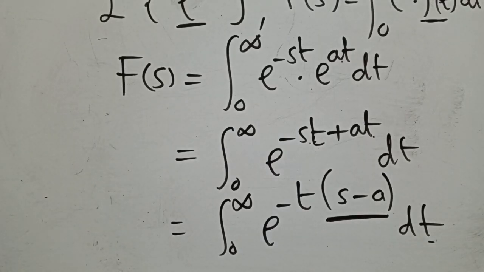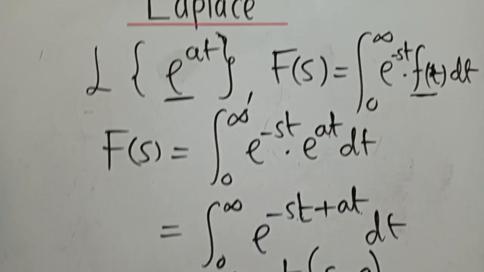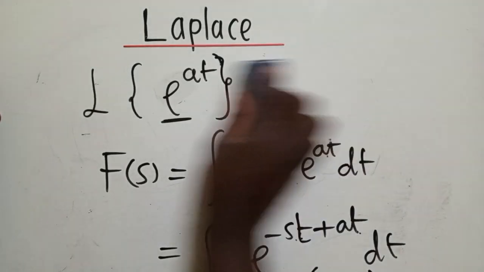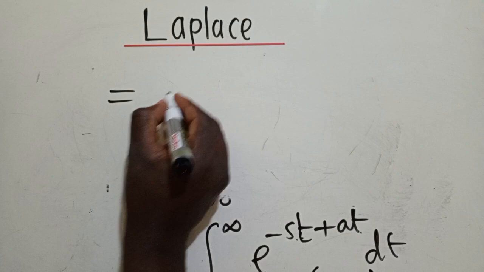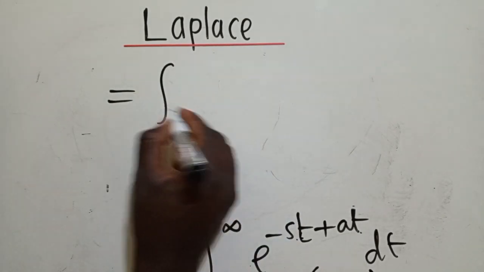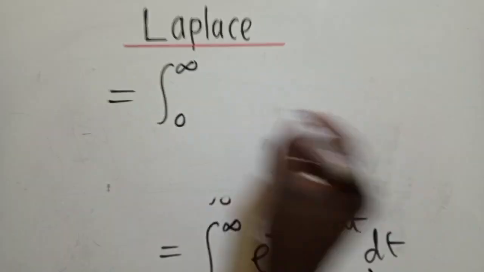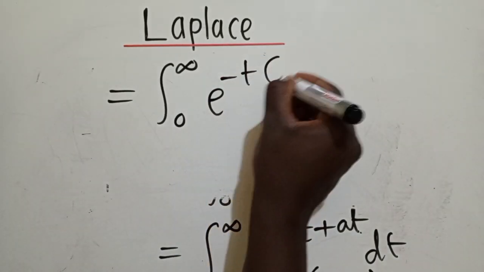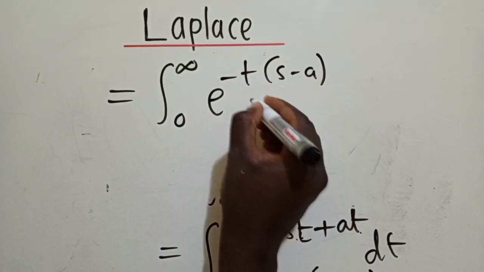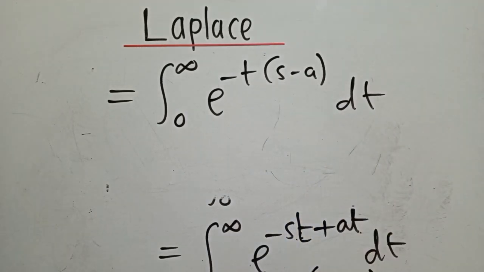The constant. So let me copy up here and see how it is going to look like. So what we have is a negative, integral from 0 to infinity of e power negative t s minus a and dt there, okay? So just keep on following,